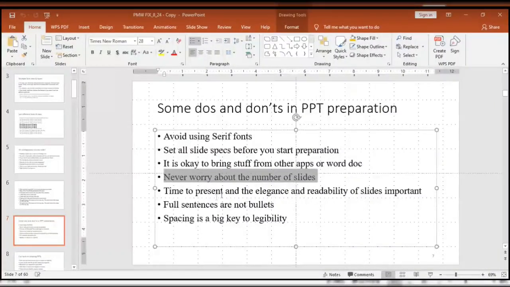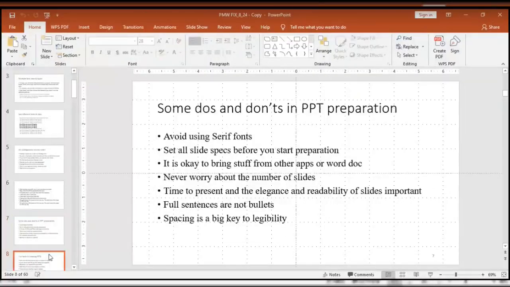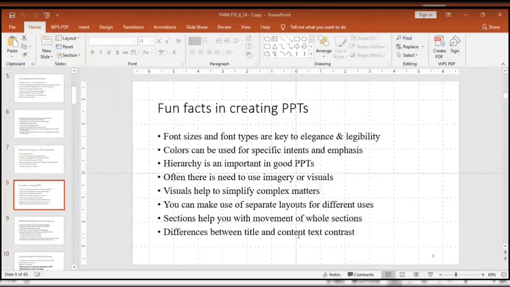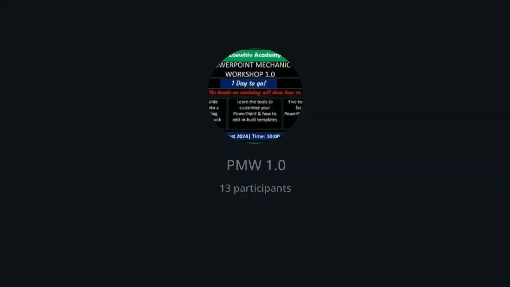You don't need to bother about that. The time you use to present is what's important. Full sentences, bullets, and spacing is a key, big key. So there are a few other things that are here, but they are just little tips from the 4Cs